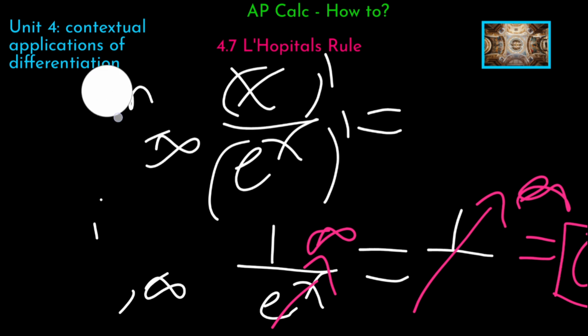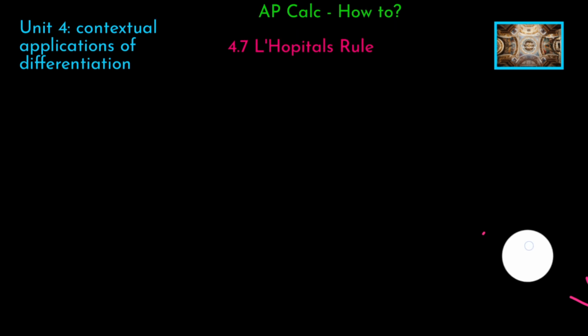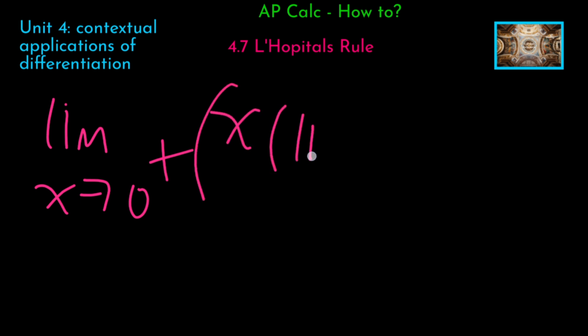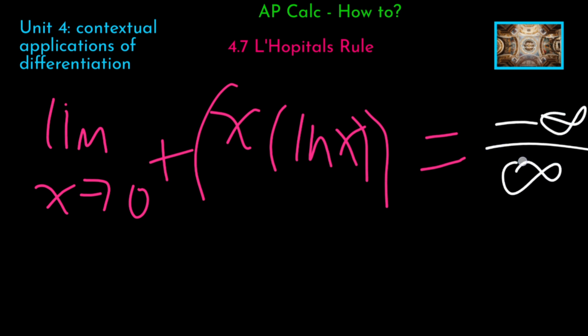Now one more little practice problem. Any time to try it? Let's go. So we're going to have the limit as x goes to 0 from the right of x times ln x. And this is going to be 0 times, well, it's going to become negative infinity over infinity, because